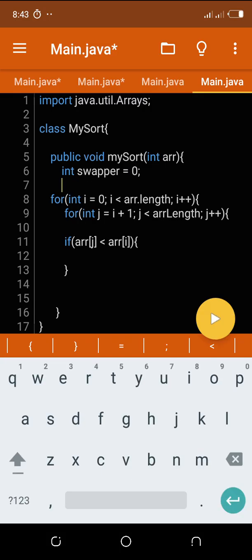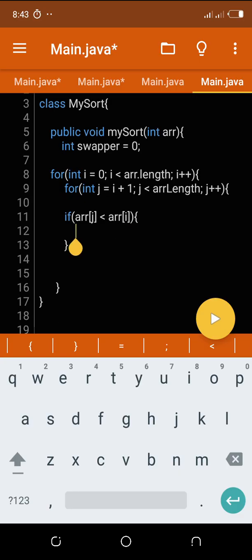Imagine you have two buckets. One is filled with hot water, one is filled with cold water, and you want to swap the buckets. You need a third bucket to pour any of them into the other one. So that is this third party, now called swapper. So in this case, if the next value is less than the previous value, then set